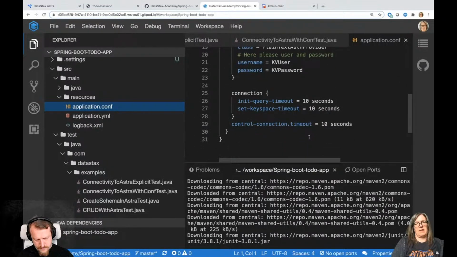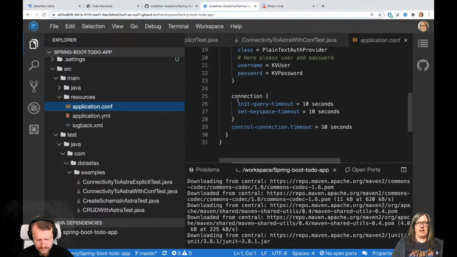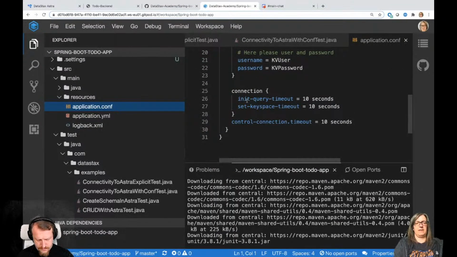And we've actually, for example, set some additional connection timeout parameters here, which are sometimes useful if you have really slow connections from your laptop or something. Or from Gitpod actually. I think it's just in order to make sure that we're not timing out in any kind of initial connection handshaking with the database. These are very generous. You probably don't need that much, but it's another example of how you feed additional configuration and how much simpler that actually is using this configuration file. Right, so you don't have to do it in the code.